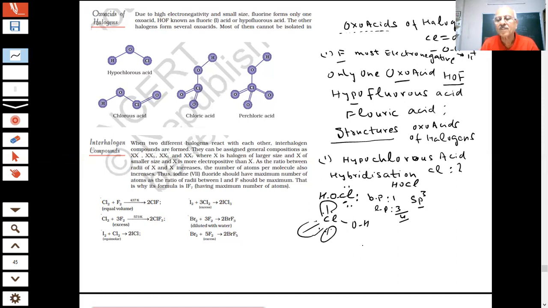That's all. This is the structure of HOCl. This has been asked in the paper, so don't say that it has not been asked. Got it? Yes, sir. All right. So there was something interesting, that's why we have taken it. Now, draw the structure of chlorous acid.